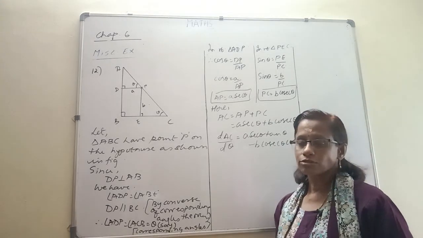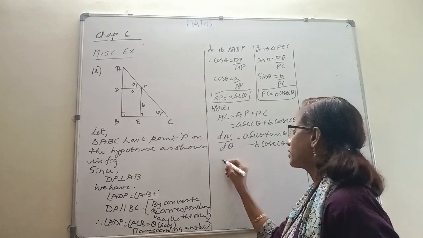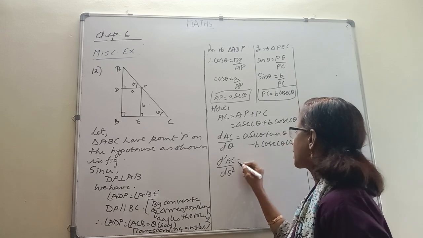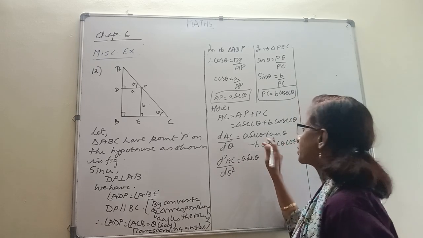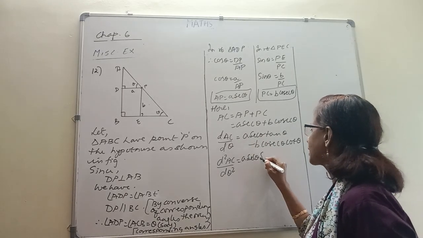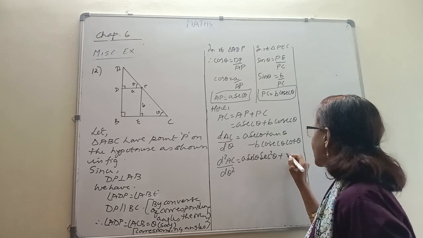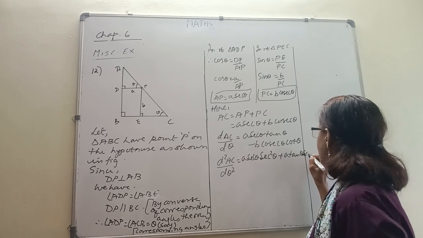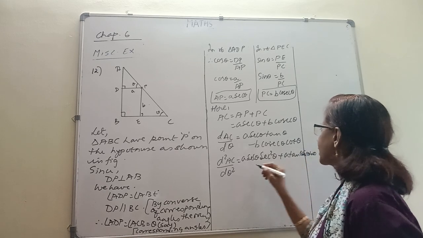Now, in order to show minimum we will require the second derivative, so let's also find the second derivative and keep it. A sec theta is a product, so here we'll have to treat it as a product. A sec theta as it is, derivative of tan theta is sec squared theta. A tan theta as it is, derivative of sec theta is sec theta tan theta. And then